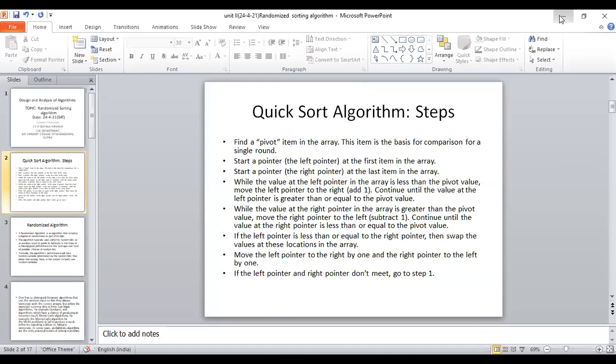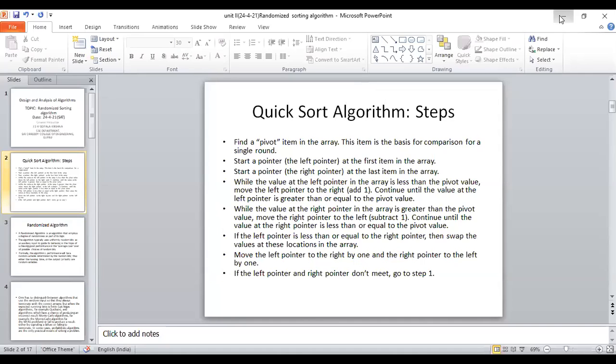Now, randomized sorting algorithms. Quicksort has an average case of O of n log n time on n elements. Its worst case time is order of n squared.